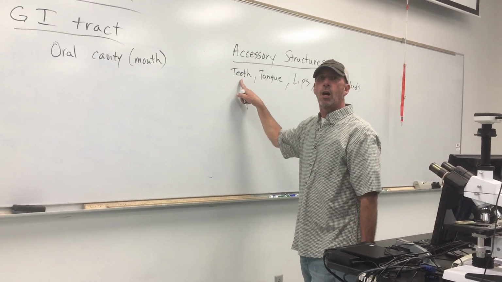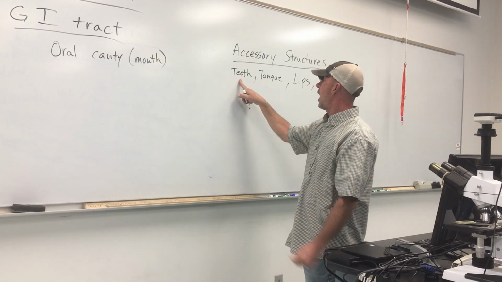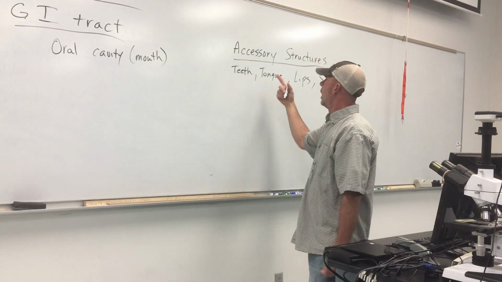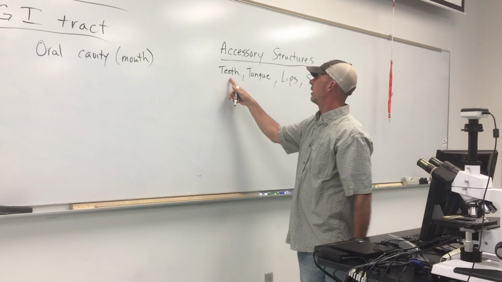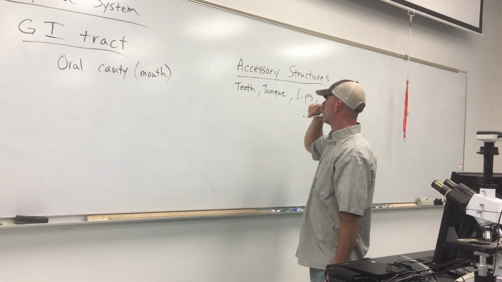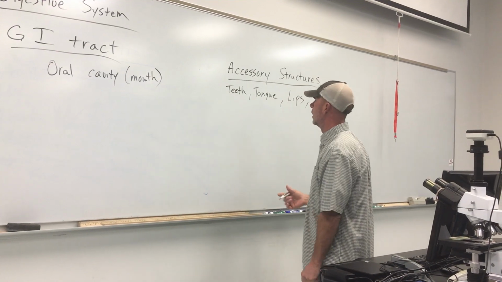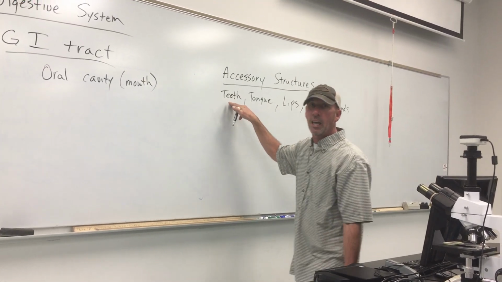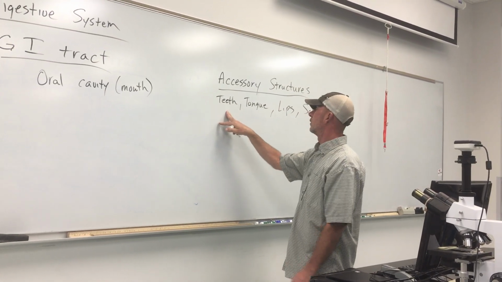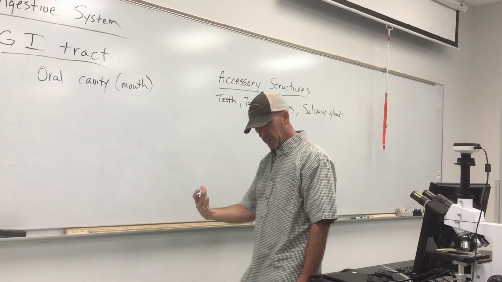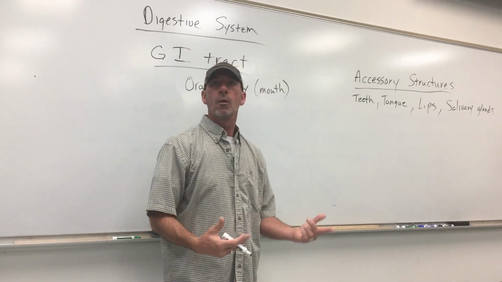Now, teeth, we have a variety of forms of teeth, each having different functions. The front teeth that are flat like knives, we call incisors. We have sharp, pointy, rounded canines that are very good for tearing, whereas incisors are good for cutting and shearing off the material that we're taking in the bite. So they're really the beginning here of the mechanical digestion of the food. They're going to start tearing this into smaller and smaller pieces. Then we have these cusp teeth that are good for grinding and crushing the food materials, our molars.